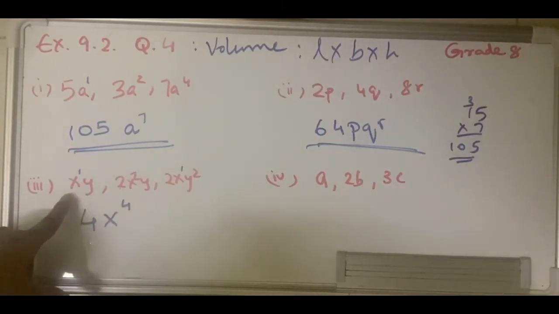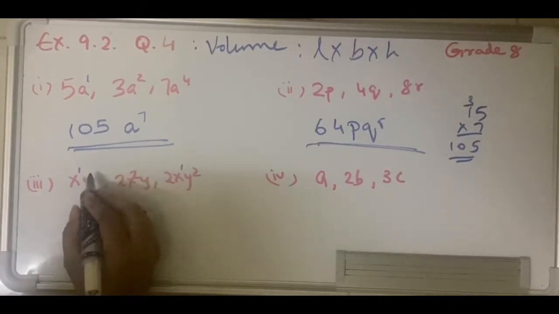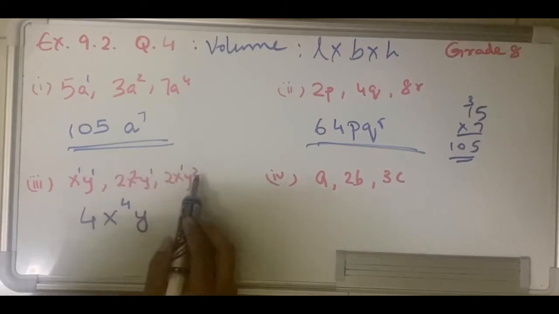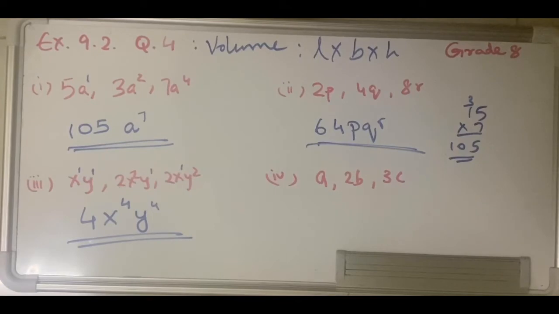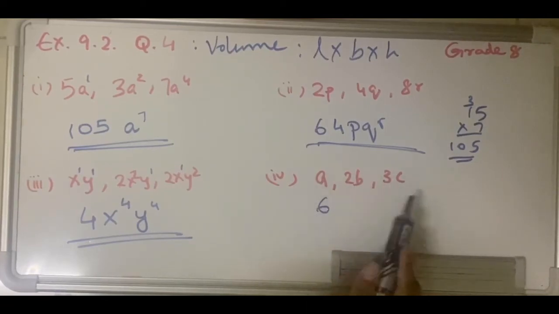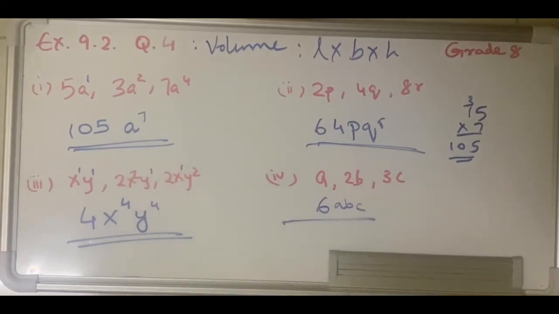Clear? So basically you are adding up exponents of x, then you will be solving y. So y raised to 1, y raised to 1. So 1 plus 1, 2 plus 2, 4. So your answer would be 4, x raised to 4, y raised to 4. Clear? Here I multiply the numbers. 3 times 2 would give me 6. Here all the variables are different. So a times b times c would be simply a, b, c. Understood? So only if your variables are same you can solve them.